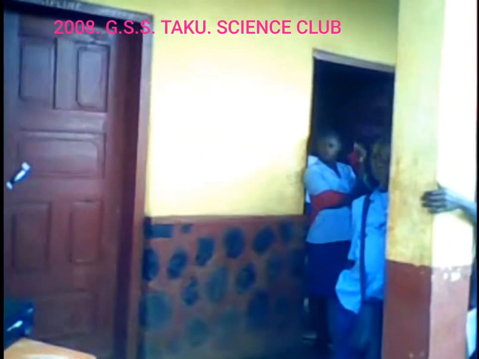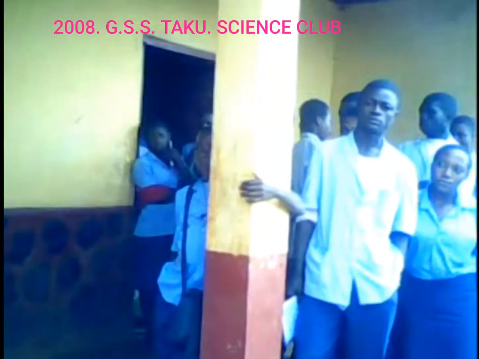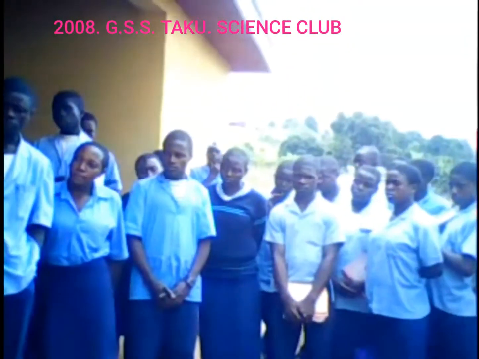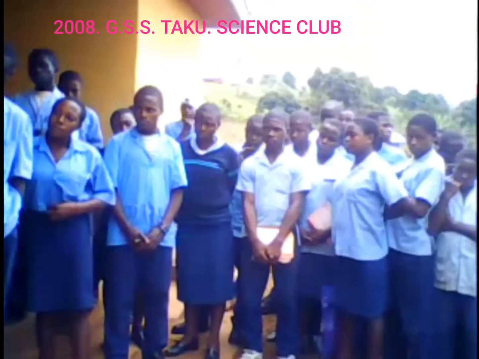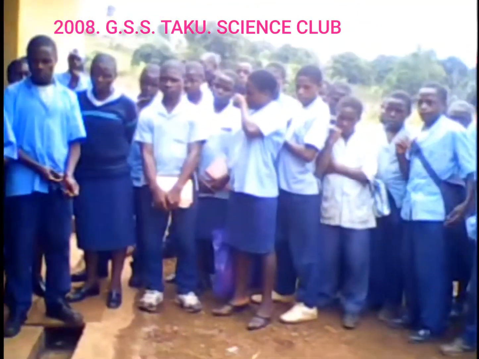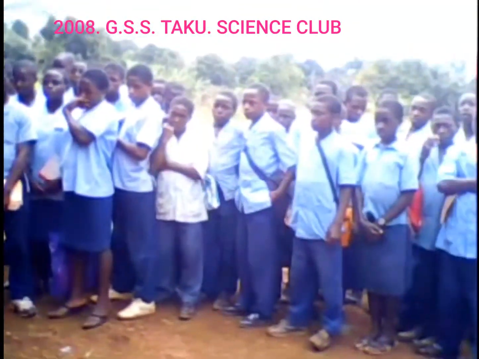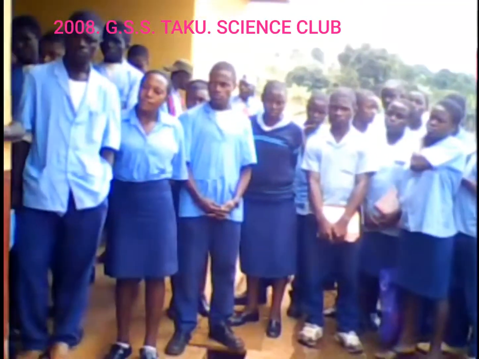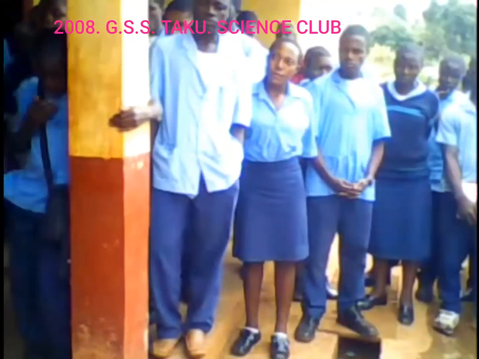Since then, many devices have been constructed which rely on the principle of electromagnetism. Electromagnetism is the relationship between magnetism and electricity. Electricity can be made from magnetism, and magnetism can be made from electricity. So how do you make an electromagnet? Any current carrying conductor produces a magnetic field. Is that understood? Any conductor in which electric current is flowing produces a magnetic field. So around a wire in which current is flowing, there will be a magnetic field.